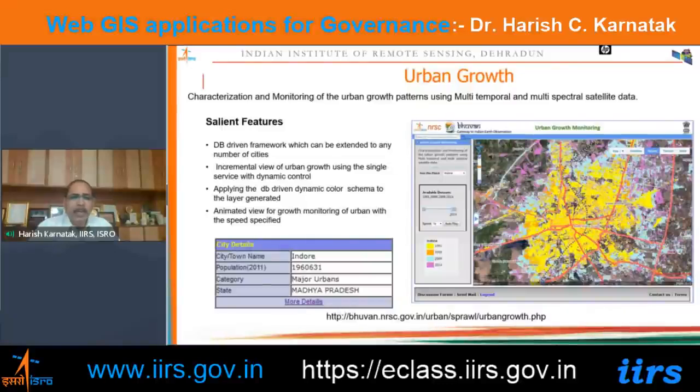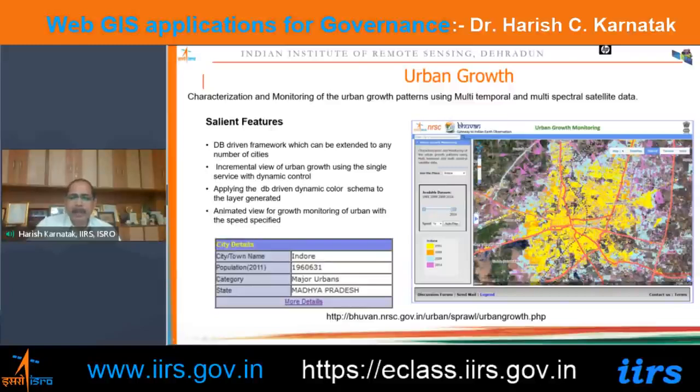Urban growth modeling, if you are doing it, you can monitor the growth of a city. For example, suppose you want to understand in Indore, Bangalore, Delhi, these major cities, how the city is growing. Maybe you want to understand over the last 30 years, after 20 years, how things are changing in the city. This kind of visualization you can perform here on the fly in these portals.